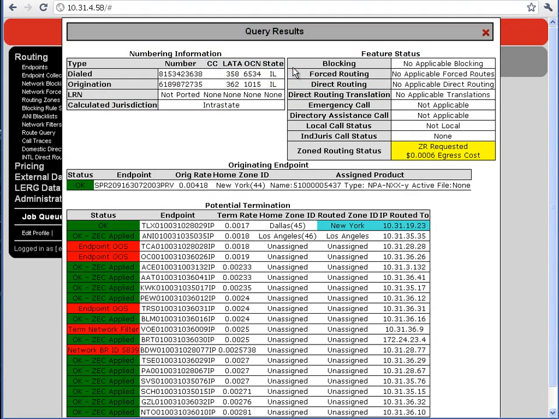And now we can finally start to see the effects of zone routing. If you look in the potential termination table, you'll notice that TLX has moved up into the #1 slot. And the reason for that is that TLX is no longer having the zone egress cost applied to its rates, which you can see in the status box. It's simply listed as OK. The reason no zone egress cost is being applied is because there was an alternate IP address inside the home routing zone of the originating endpoint, in this case New York, that we were able to route the call to, rather than having to leave our routing zone in New York and send the call to the Dallas routing zone